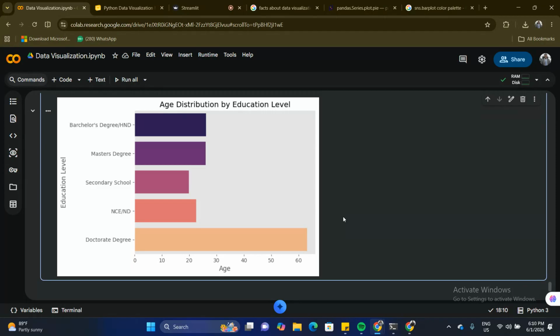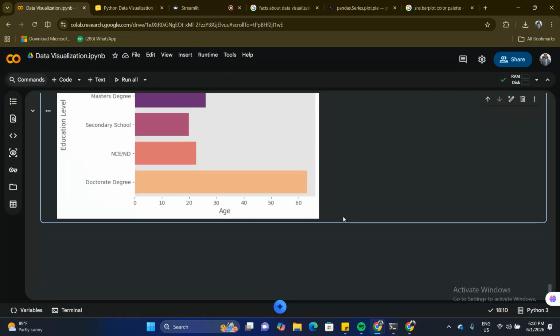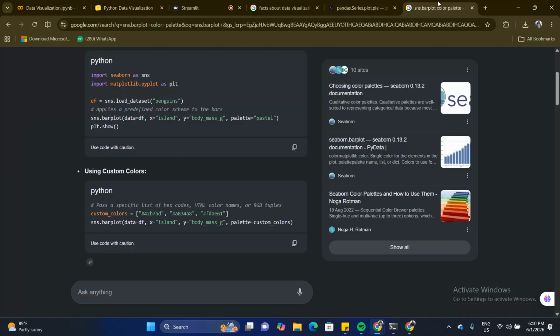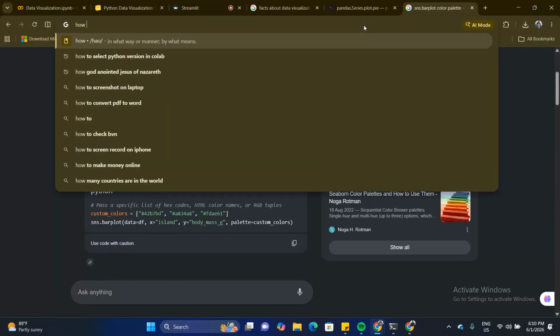Don't add grid lines. I know that this video has already been long, but I need to also show you something: how to add data labels to this before we go to the Plotly bar chart. Plotly, I don't think you need to do a lot of things. Plotly does a lot of things for us already. So let's see how to add this. I'm just going to go here and check how to add data labels